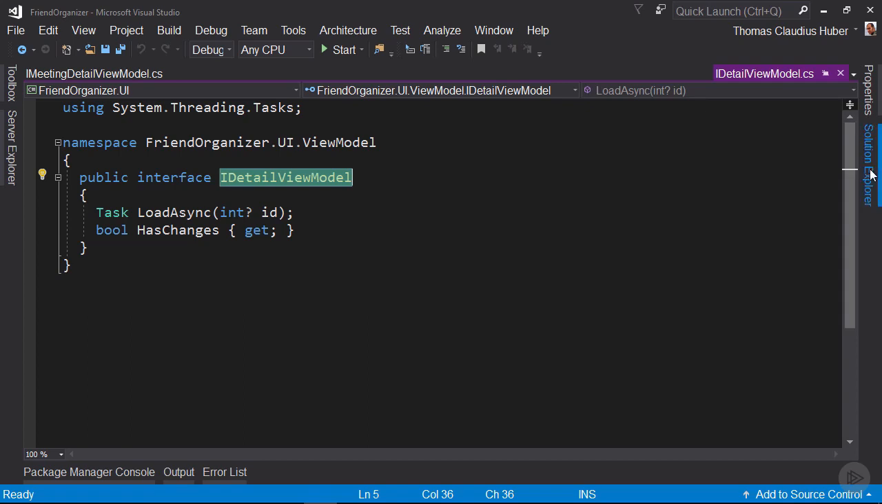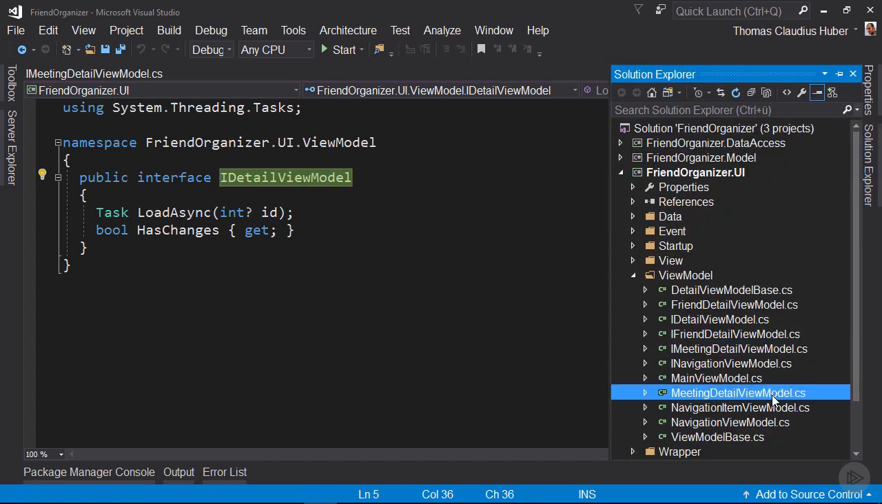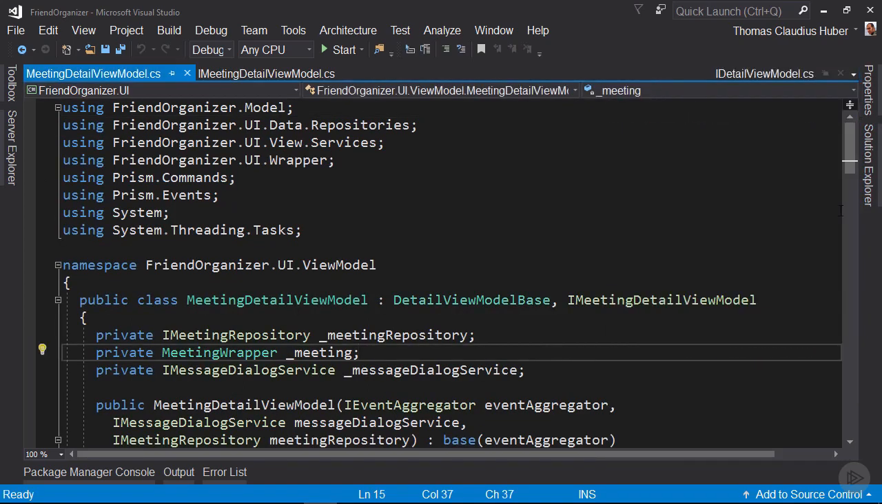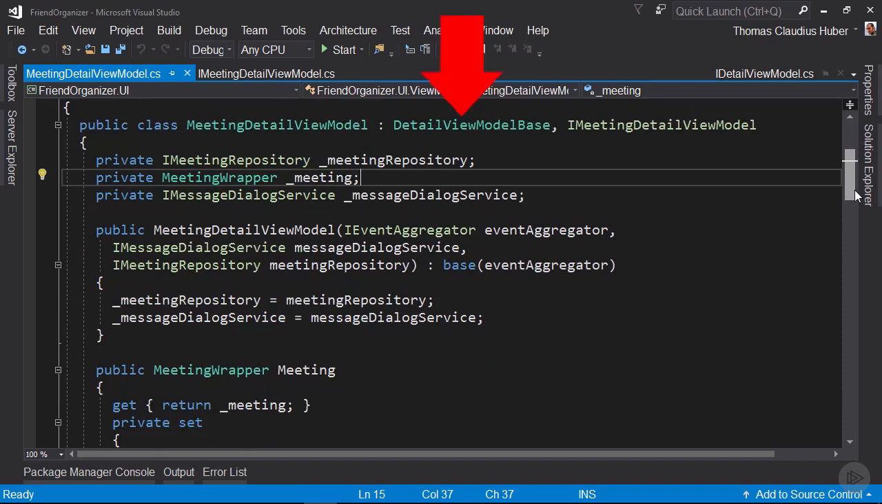Now let's look at the implementation of the MeetingDetailViewModel class. As you can see, this class inherits from DetailViewModelBase, the base class that we have created in the previous module. It also implements the IMeetingDetailViewModel interface. The constructor takes an IEventAggregator and passes that instance to the DetailViewModelBase constructor. It also takes an IMessageDialogService and stores it in the private field